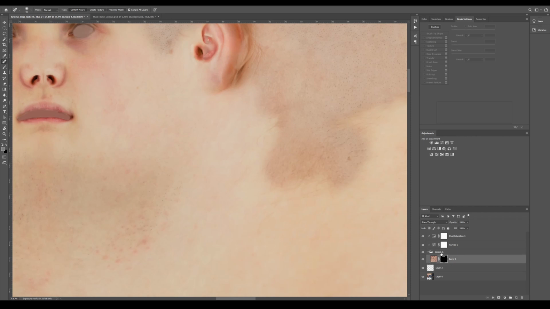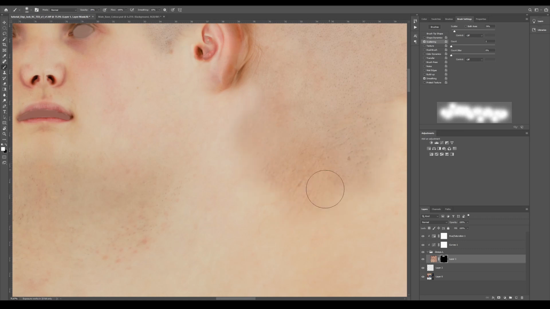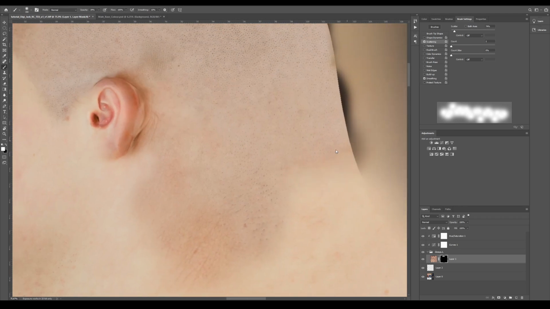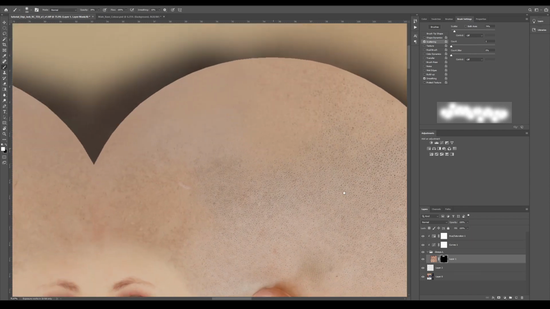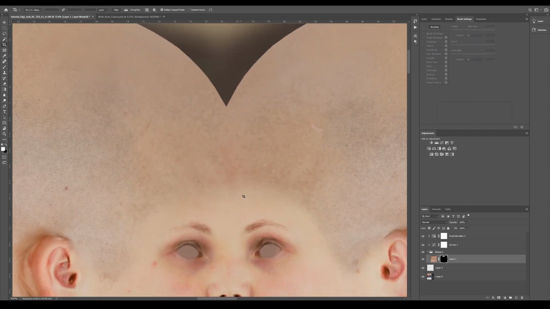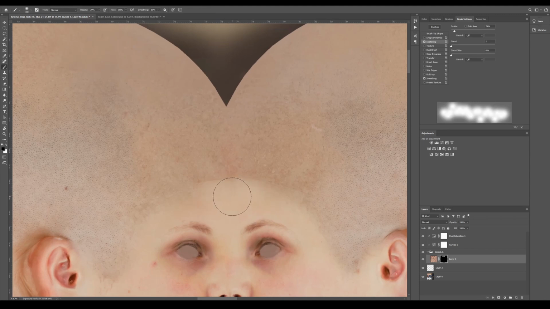I'm going to go around with this brush with less opacity so I can really just blend it in, and I'm going to up the scattering as well. So I want to keep as much as my real head as possible. There we go. And then on top of all of this,